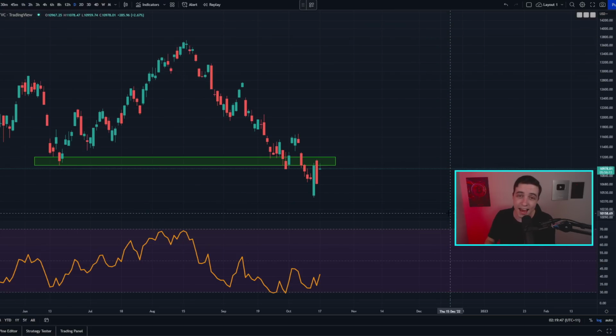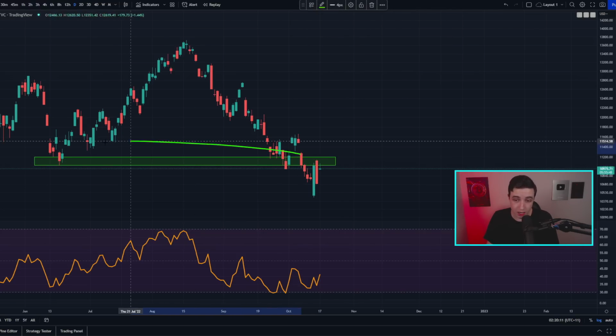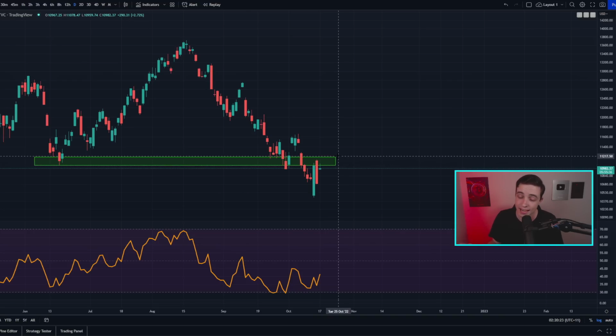This right here is the Nasdaq 100 index on the daily time frame, and so far today, the stock market has opened up quite a lot higher compared to Friday's candle close. Although, at least as of right now, the Nasdaq 100 index is still finding resistance along this range of resistance, which was previous support. But when the price breaks below previous support, usually that becomes new resistance. And so this range of resistance is coming into play in between around 11,000 and 11.2k for the Nasdaq 100